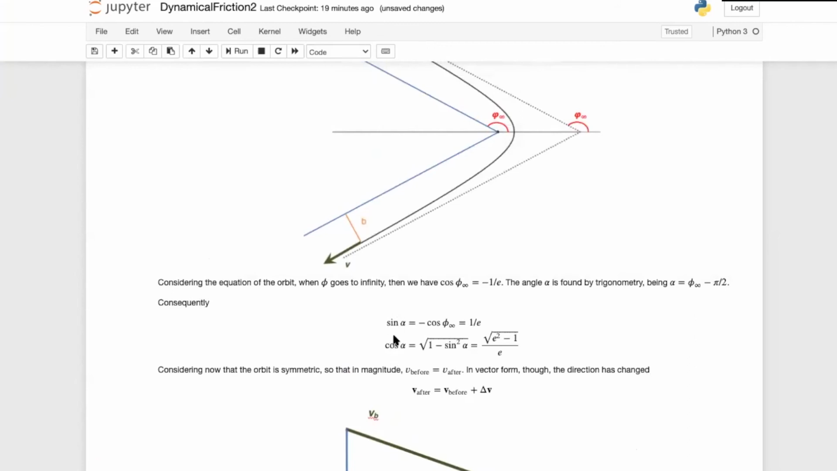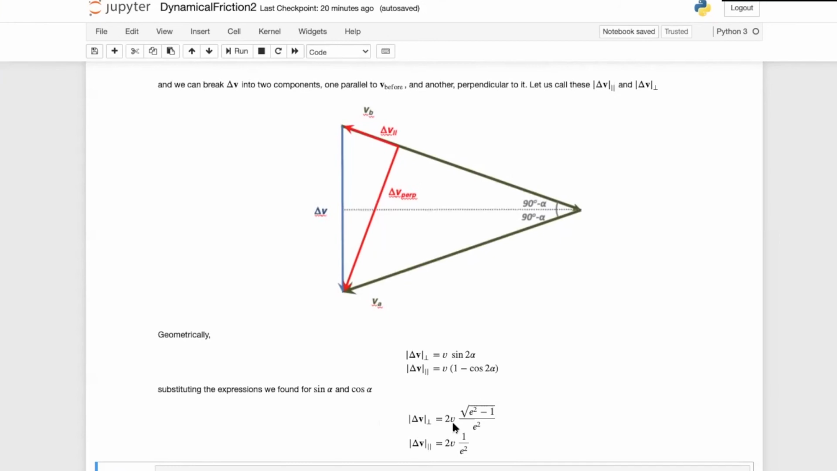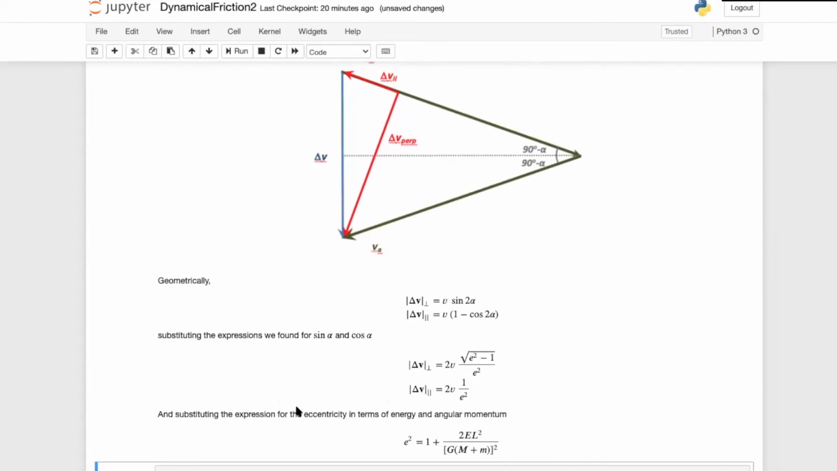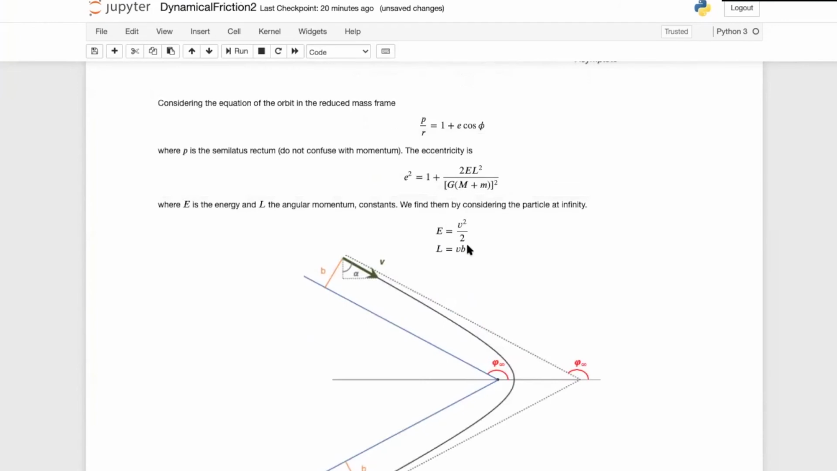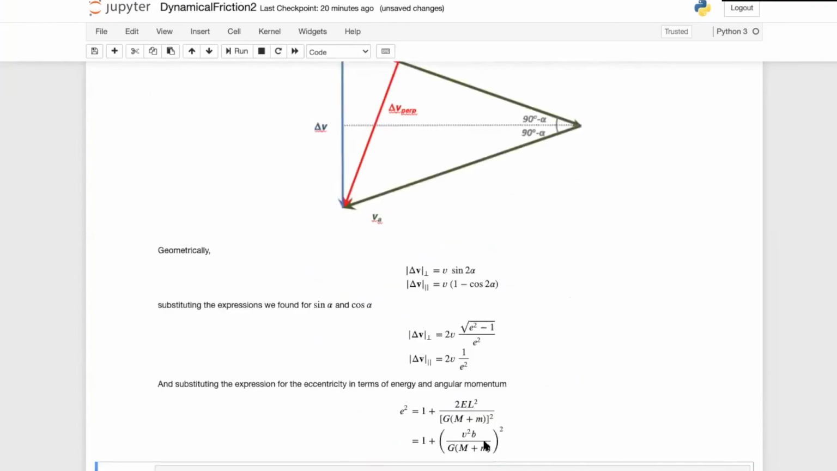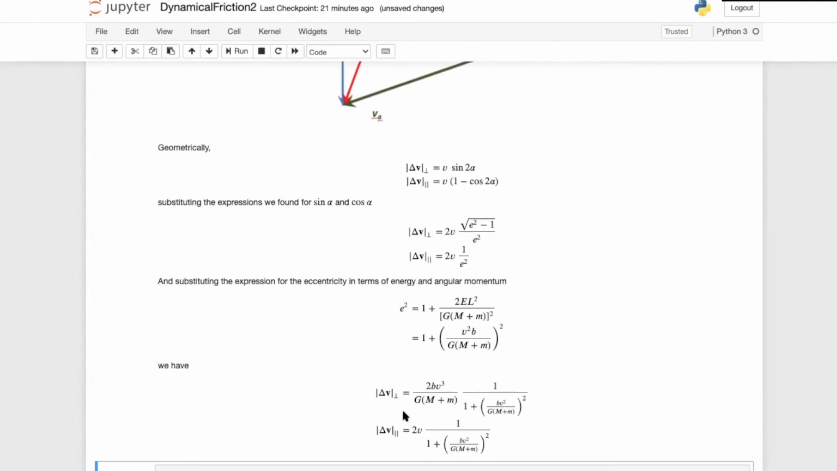If we substitute the expressions we found for sine alpha and cosine alpha, then we find these expressions in terms of the eccentricity. Now, if we substitute the eccentricity for its expression in terms of energy and angular momentum, this is the expression that we find. Here are the expressions for the energy and the angular momentum. Substituting here, energy is equal to v squared over 2, and angular momentum is equal to v times b. This is how this expression turns out. Substituting that value for the eccentricity into these two equations, then we have these expressions for delta v perpendicular and